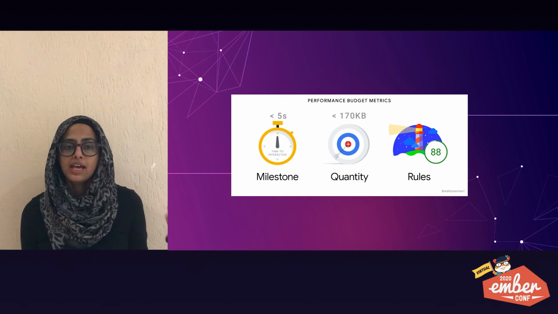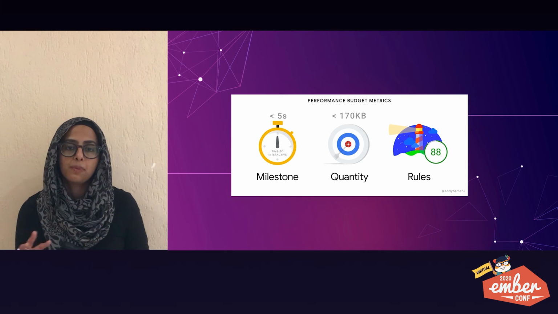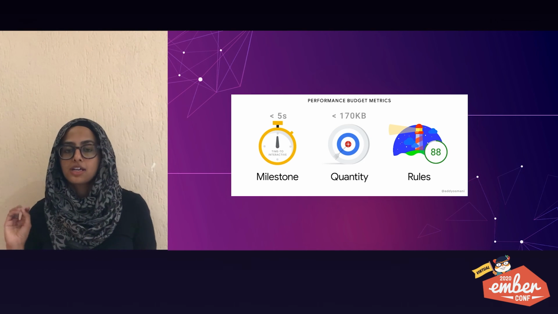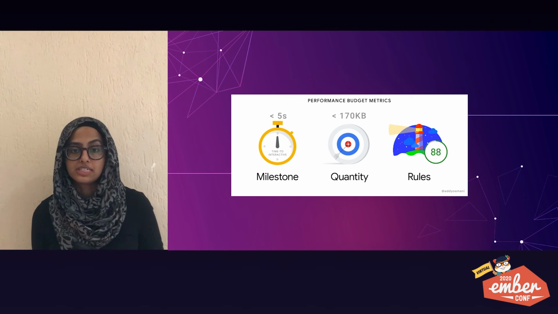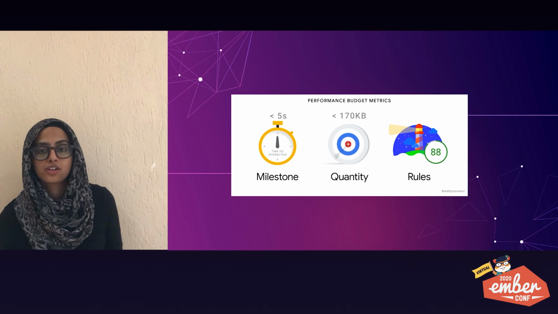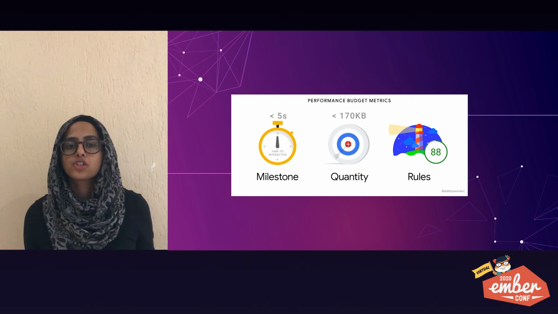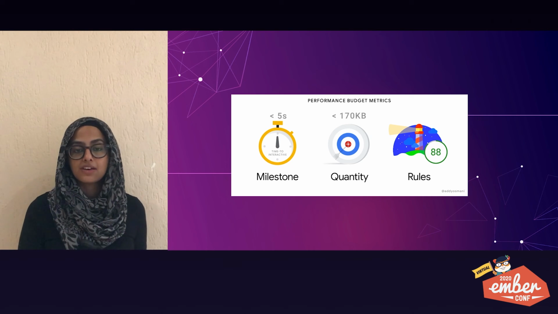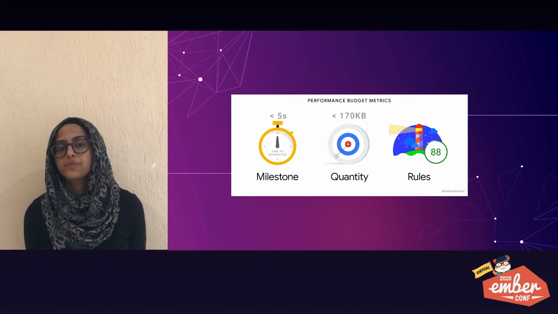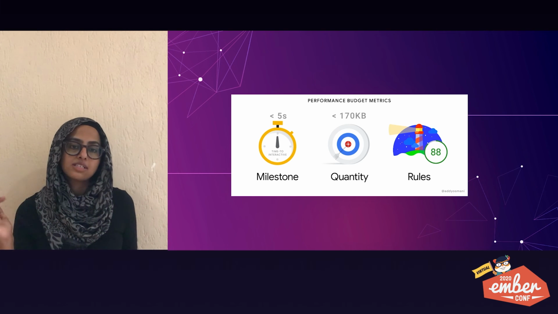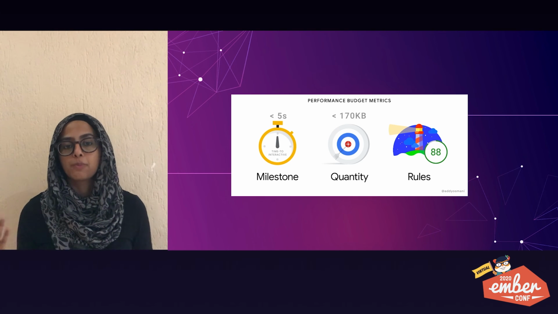So, an example budget on my personal website could include something like: the homepage must ship less than 170 kilobytes of JavaScript on mobile. It should include less than 2 megs of images on a desktop, but maybe 500 kilobytes on mobile on page load, and then we can lazy load the rest afterwards. It should load and get interactive in less than 7 seconds on an Android Go, which is one of the more popular devices in sub-Saharan Africa. And also, maybe the score needs to be greater than 80 on a Lighthouse performance audit. These are just some examples of what I could put into my performance budget.